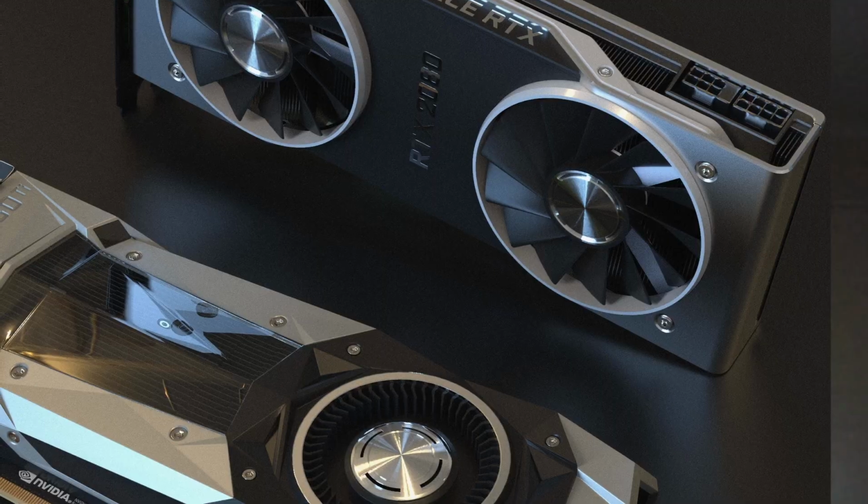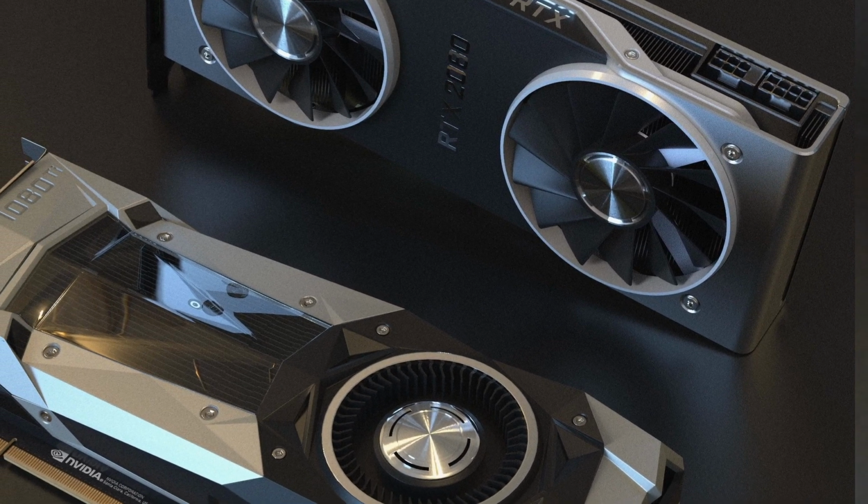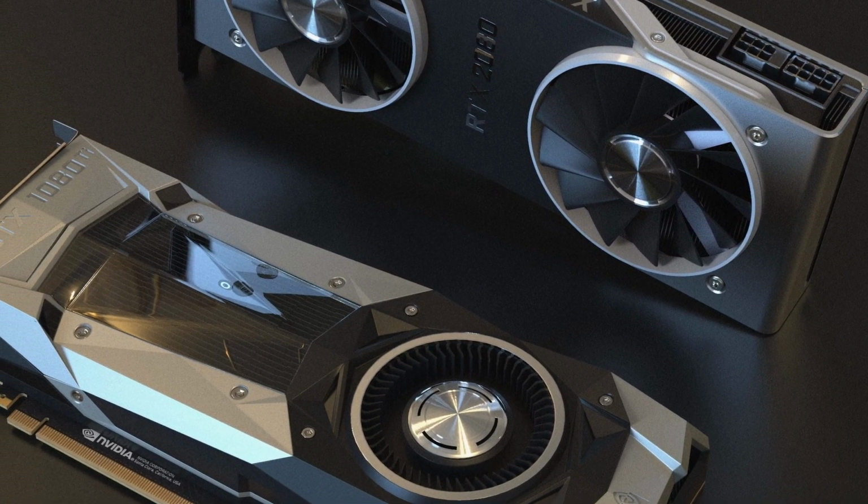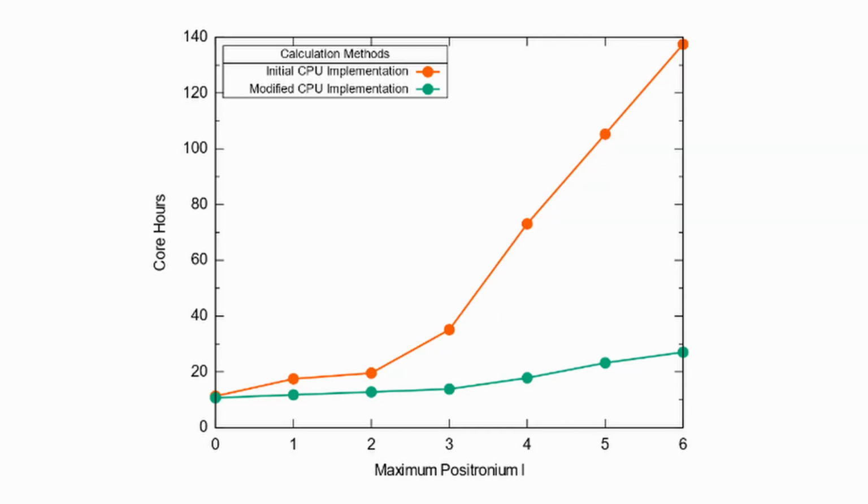GPUs are very good at calculations which can be parallelized and are already employed in parts of the code to great success. Over the course of the project, profiling of the CPU version of the code revealed several redundancies, which found their origin in limited memory concerns from when the code was first written more than a decade ago, as well as some vectorization issues in the calculations themselves. Rewriting the code with those issues in mind, we were able to achieve almost an order of magnitude speedup for the more complex calculations. However, this left less time to spend on the GPU implementation, and no obvious part to GPU accelerate except for the entire calculation loop.